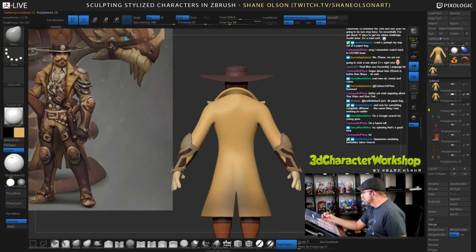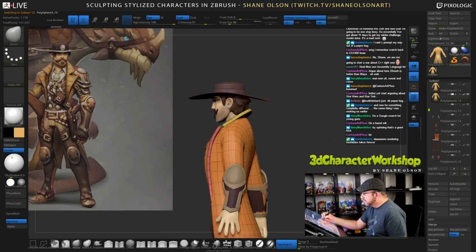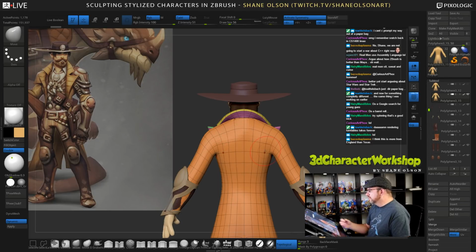Duplicate. Let's see. This should be quick. I was looking to see if I could use this geometry that the coat is made of, but